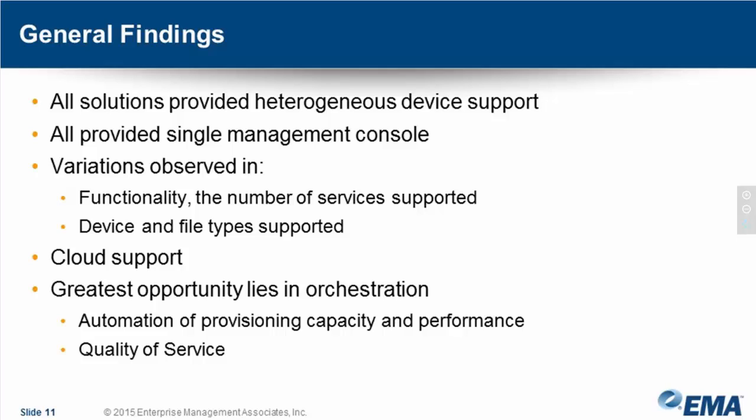The fact that I can go to a single place. I don't need different element managers. I don't need different SRMs. I don't need different other management tools. I can learn one and be able to access and do what I need with all the various hardware that is out there. Some variations, first in the amount of functionality, and what I mean by that is the number